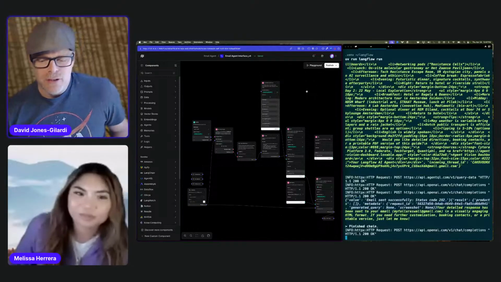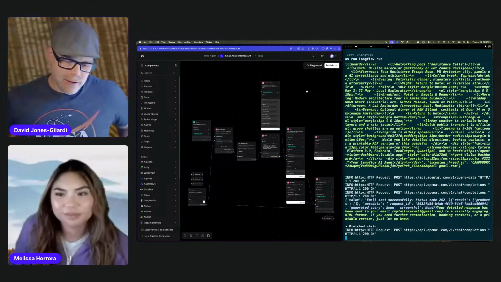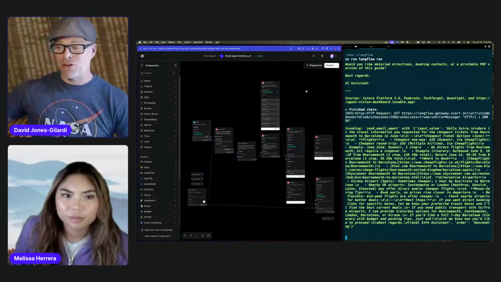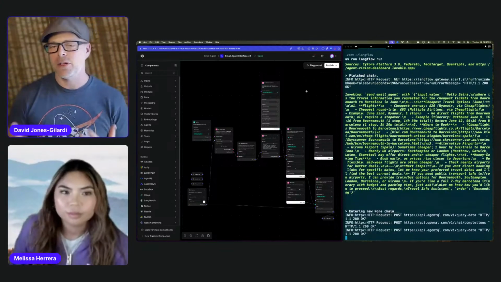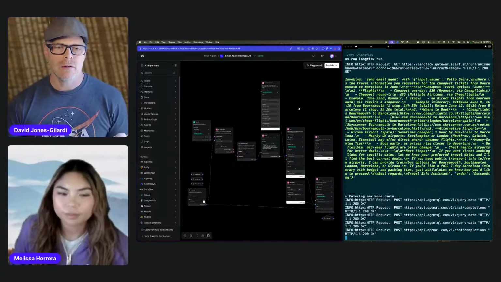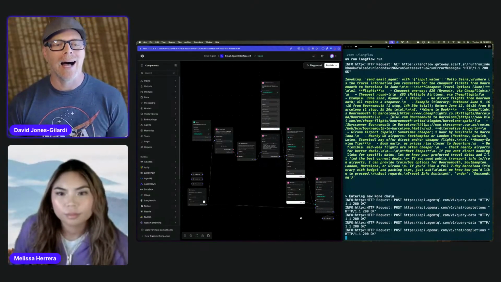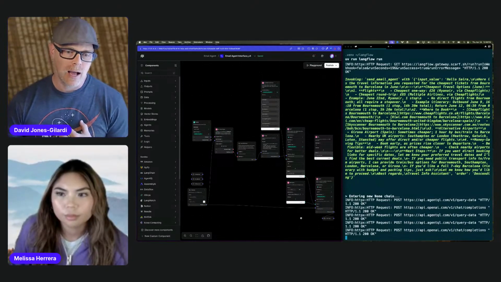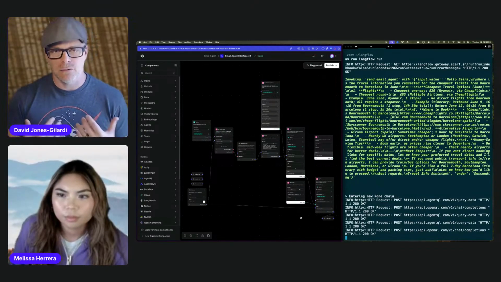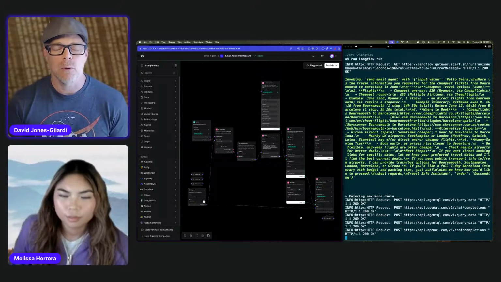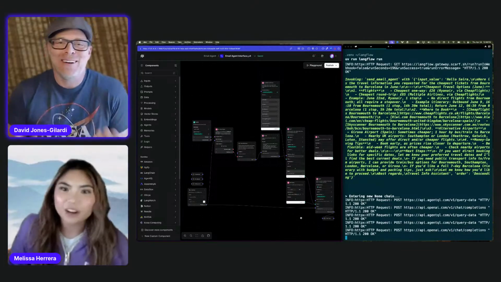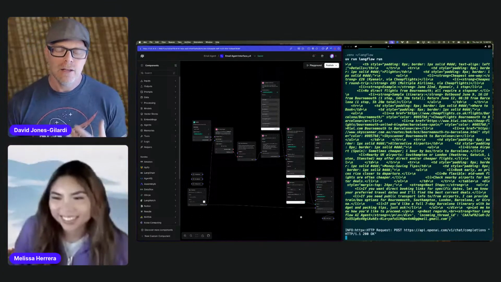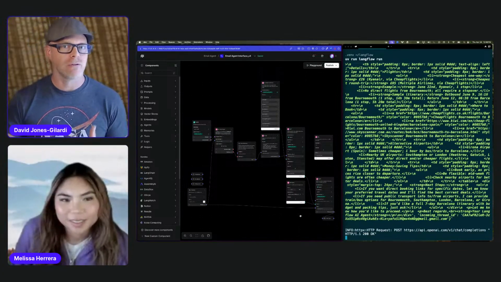No, and actually, Melissa, you said something really key there. I think it's a great example: we use Figma and other types of tools, right? And this is really no different. One thing that I'll add on to what you said is Langflow. I recognize that I work for Langflow, so I'm very biased, of course. But as a developer, as somebody who's been developing for a very long time,